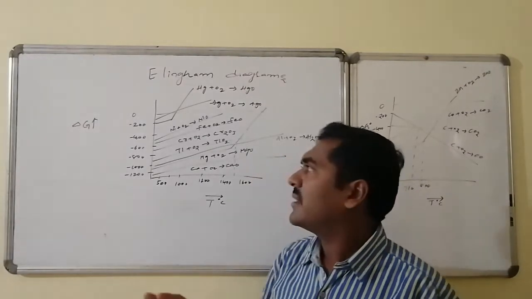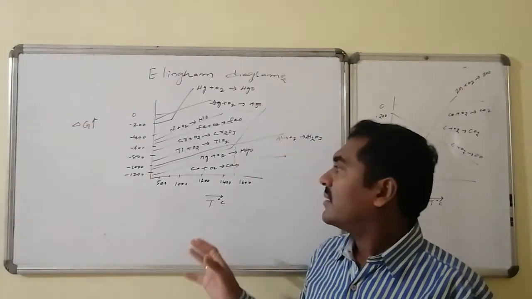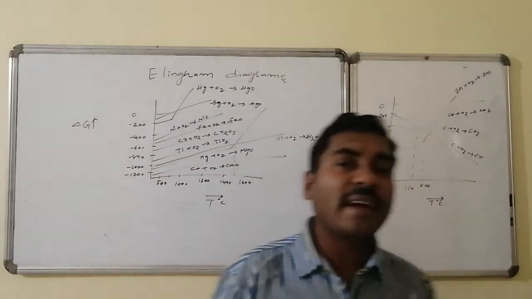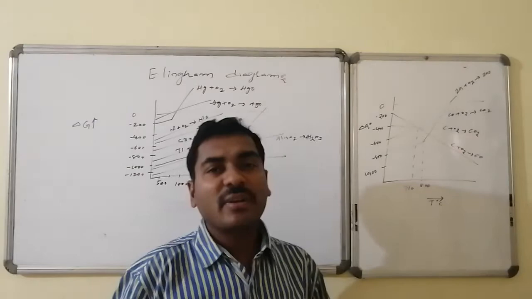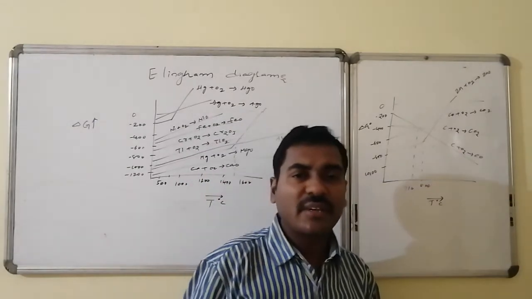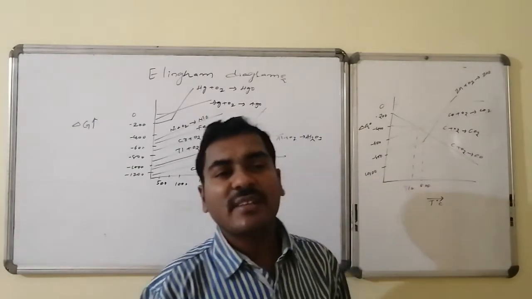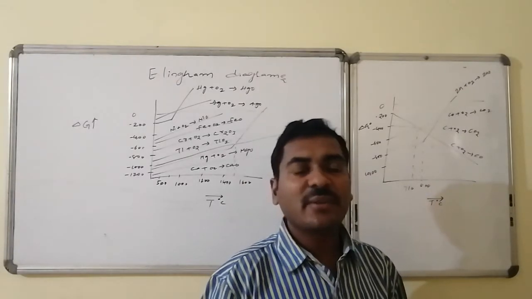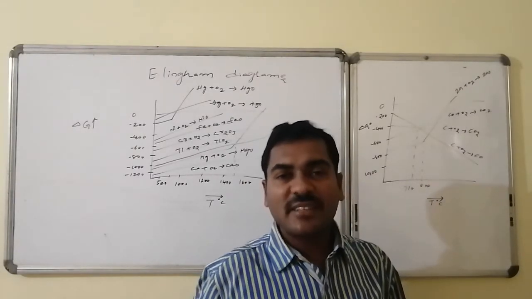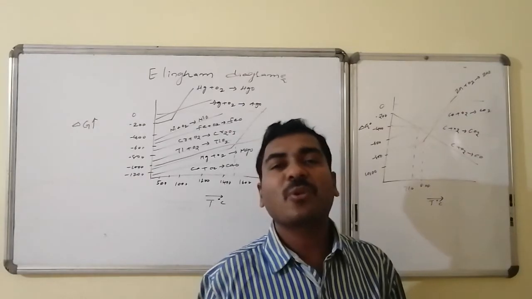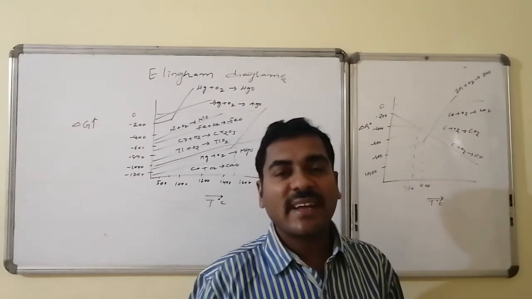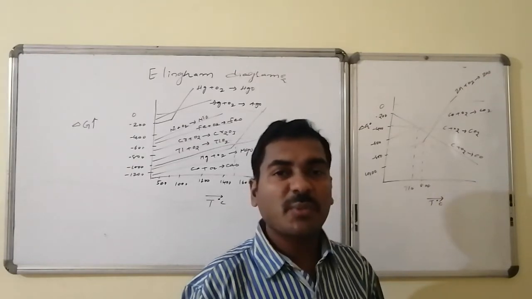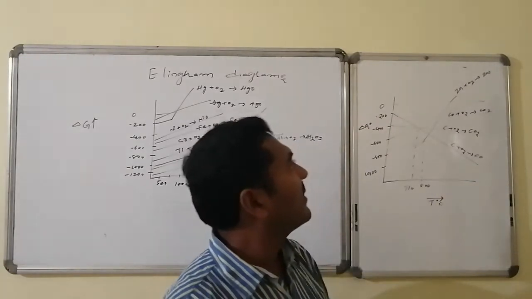Now let us have a generalization related to the metal oxide formation and the corresponding delta G's, followed by another Ellingham diagram. Here carbon-related compounds are used as the best reducing agents. Carbon can be used as a reducing agent, and carbon dioxide and carbon monoxide can also be used as reducing agents, whereas carbon as a reducing agent can be converted to carbon monoxide or to carbon dioxide. What are the conditions, and under which conditions is which most suitable? This can also be explained from the Ellingham diagrams.